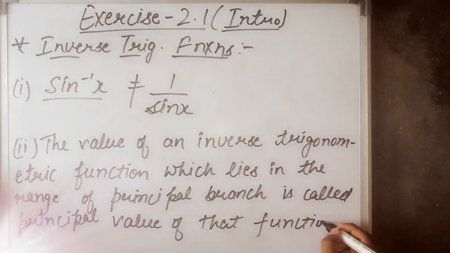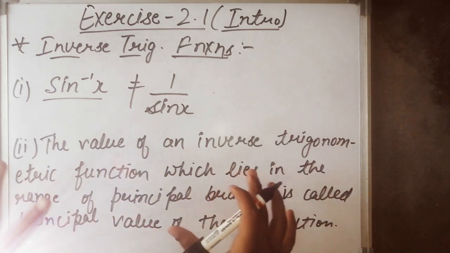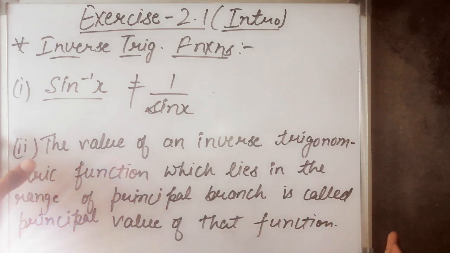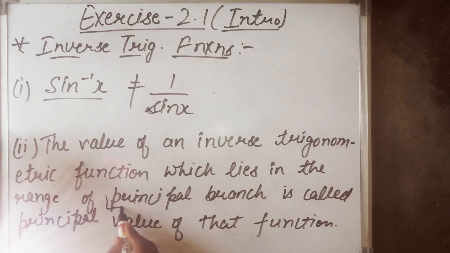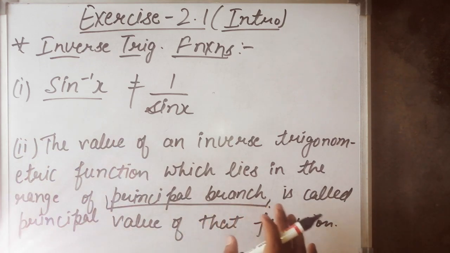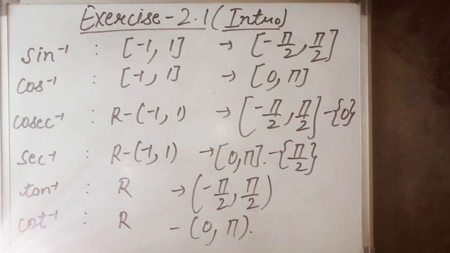Okay, you need not be confused. Let me repeat this line. The value of an inverse trigonometric function which lies in the range of the principal branch is called the principal value of that function. Simple. And now let me make the table of the inverse trigonometric functions, but before that pause the video, note it down. Okay, since I have made the table of the principal value branches along with their domains and ranges,